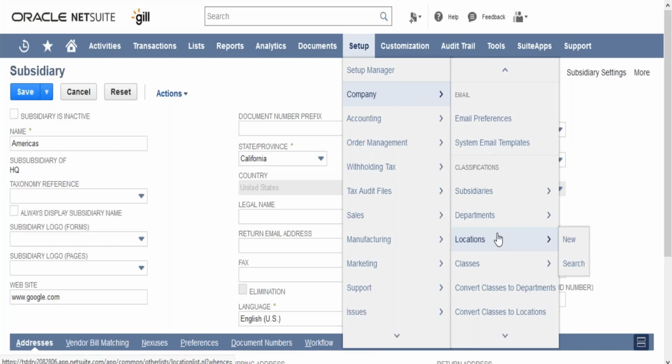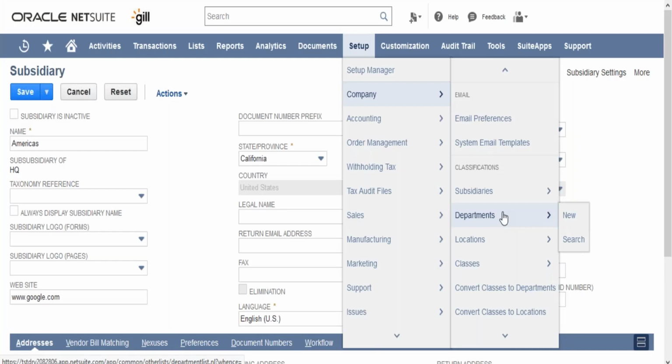Okay. But you also have departments and classes. Okay, but the thing here is a department. Example, a department can be HR, it can be admin, it can be sales, it can be research and development. So Tata Tea can also have its HR department. Tata Motors can also have its own HR department. It's not a physical thing as such. Okay, it's just a department. So a particular department can be shared between multiple subsidiaries.